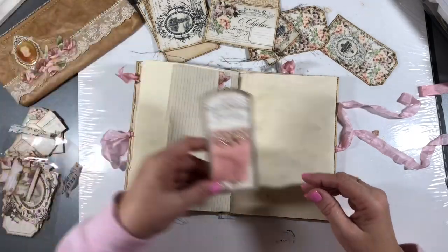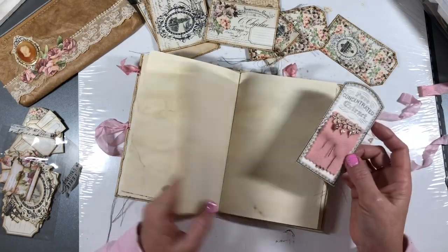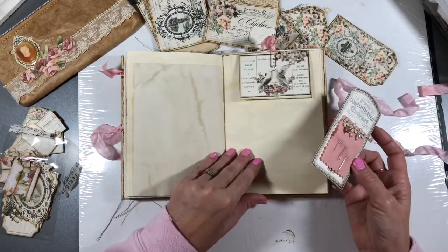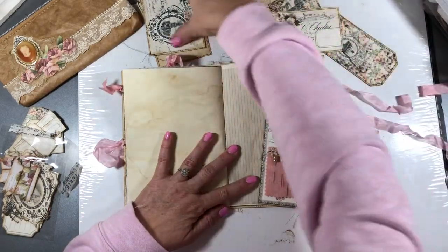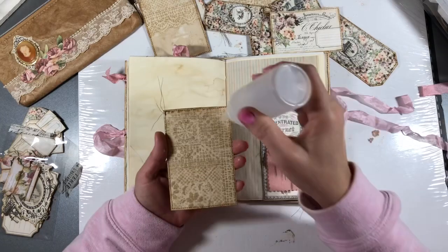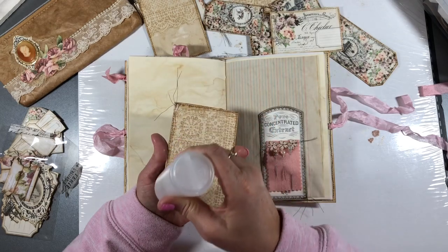So we've got this little needle tag, I guess you could call it. I might put another pocket somewhere and we'll just pop this in, I think. So let's use one of these bigger ones. I'm just going to glue three sides again. And once again, it's a shame that I'm losing that beautiful coffee dyeing effect on the back, but